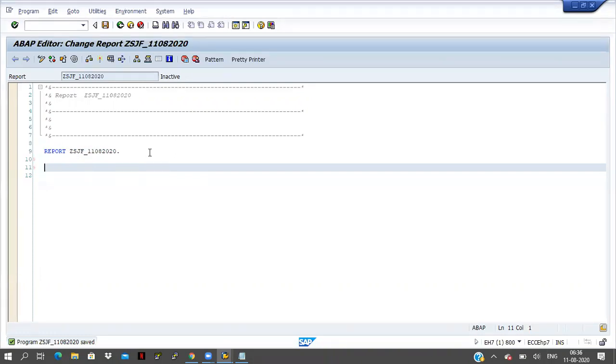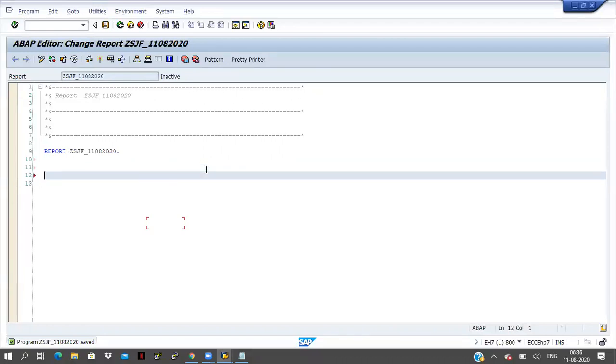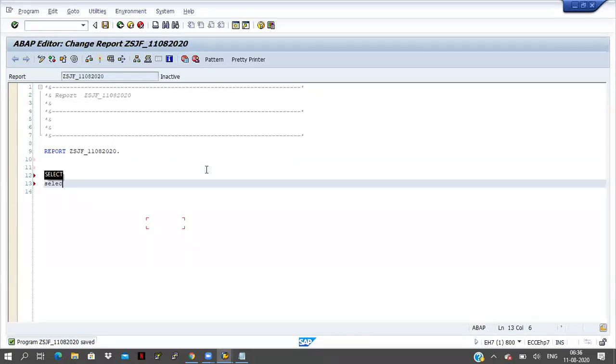Now I am writing some code here, like select.